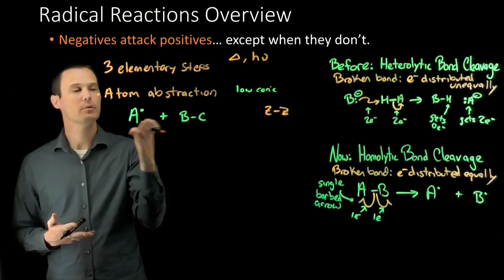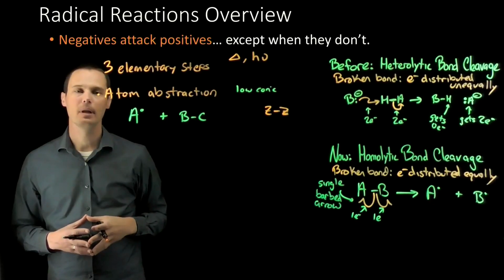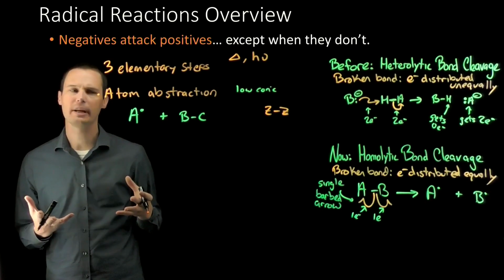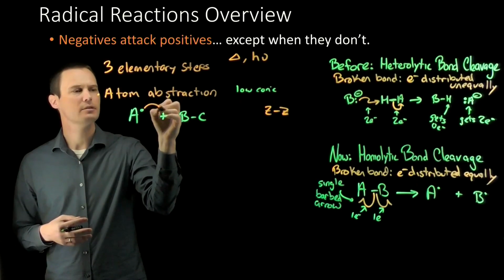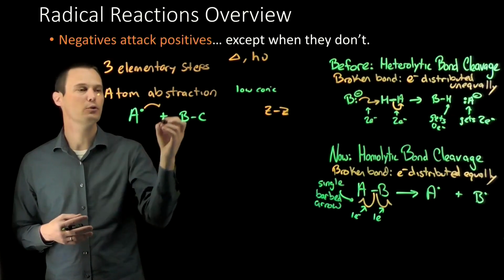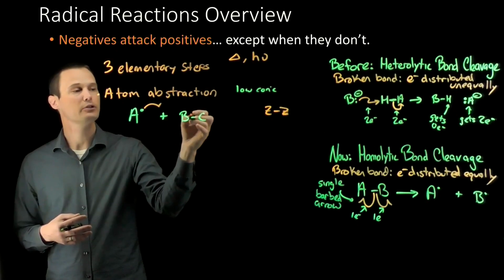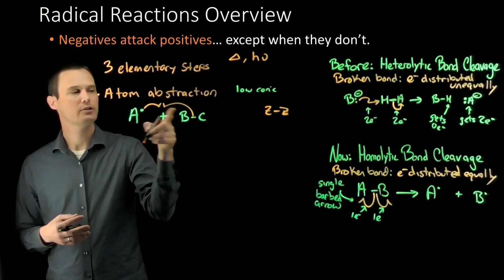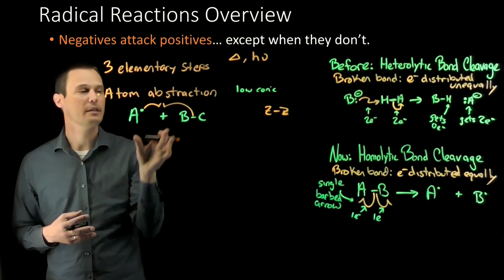What that means is it wants to form a new bond between, let's say, A and B. So if we want to form a bond between A and B, we need 2 electrons for that bond. Where can we get those 2 electrons from? We can get one of those electrons from the radical. We'll use one of those electrons to form the new bond with atom B. The other electron is going to come from part of this bond between B and C. So we'll take 1 electron from A, 1 electron from the BC bond, and that will form a new bond